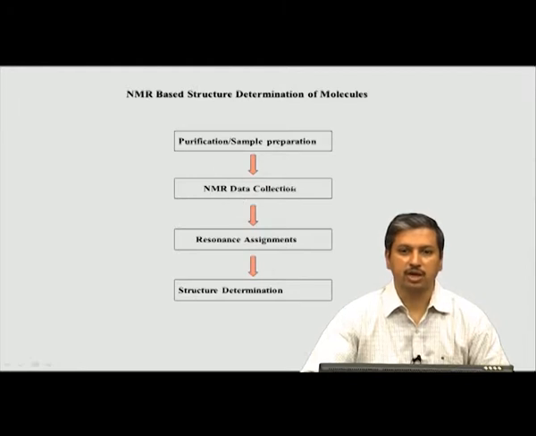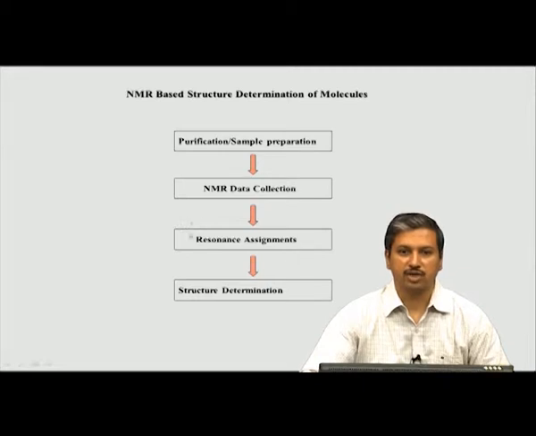Now, once you record the data, we have to process the data and analyze it, and we have seen how we process and analyze data. After the analysis, what is the objective of the analysis? The objective is mainly to achieve the third step, which is resonance assignments. It means that for every peak in your spectrum, be it 1D or 2D, the goal is to assign it to a particular atom in the molecule. So, every peak should be assigned.